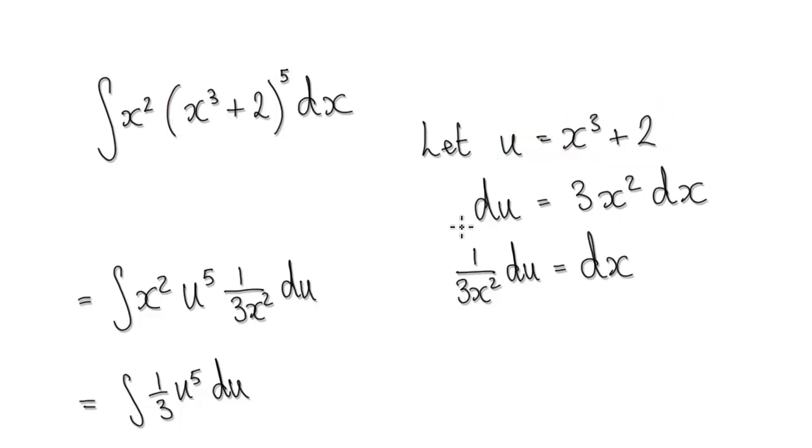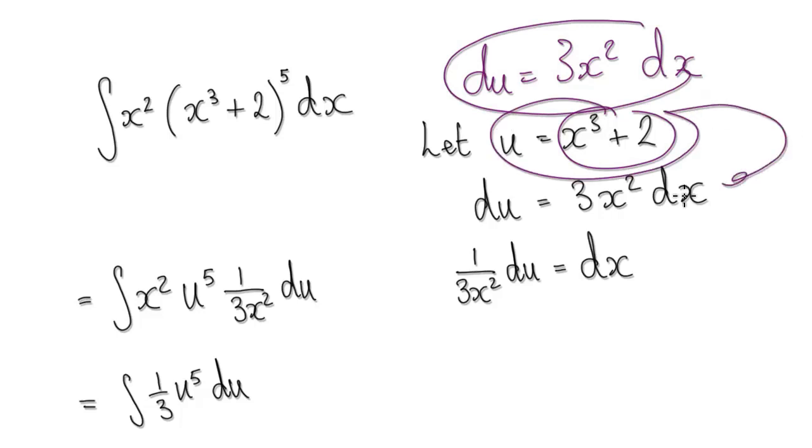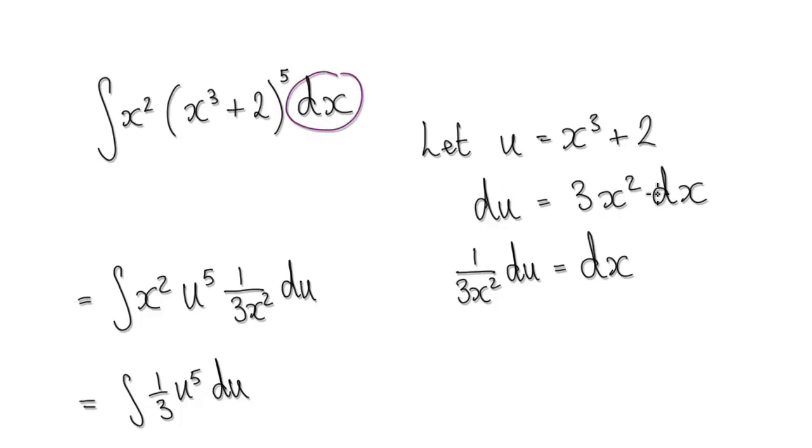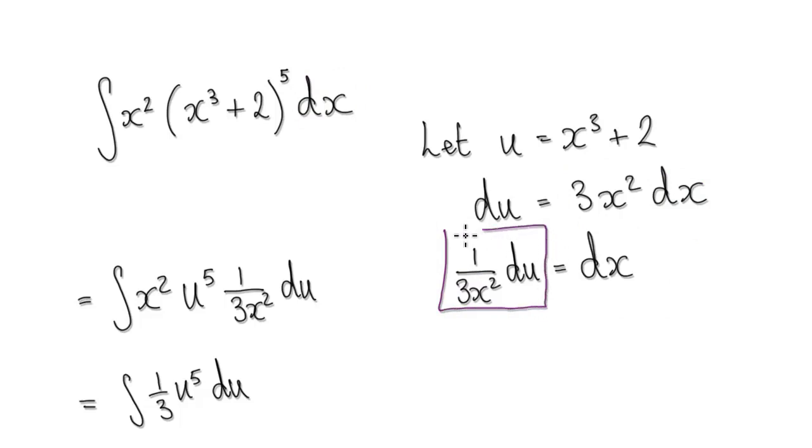So now du equals, well, I'm going to differentiate this. This will be 3x squared dx. So I do have every right to jump from here to here. So du equals this thing here. But see this dx here, I want to get dx on its own. I'm going to divide both sides by 3x squared. So that will then take me to here,